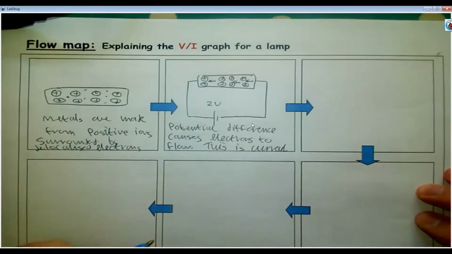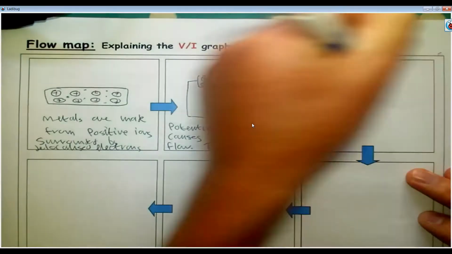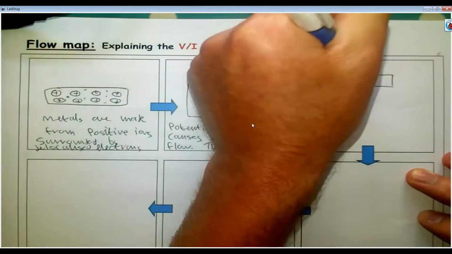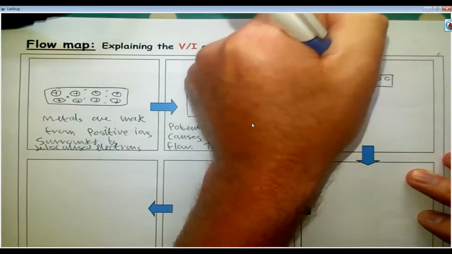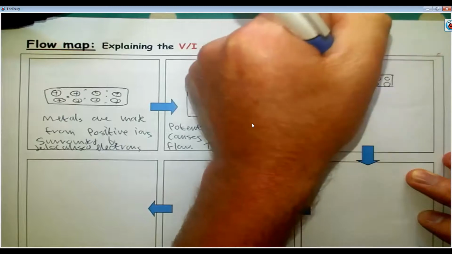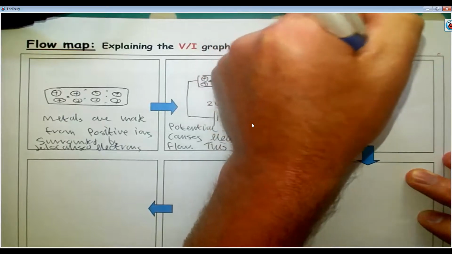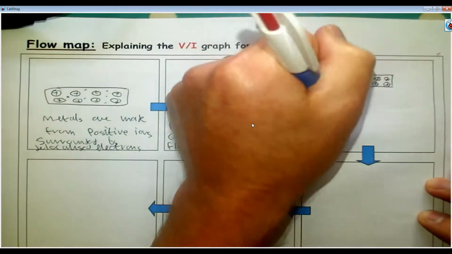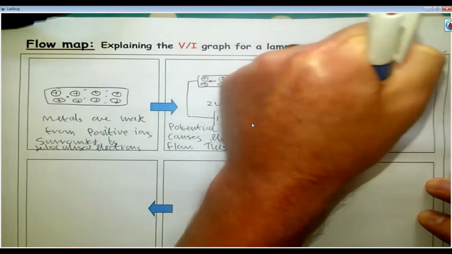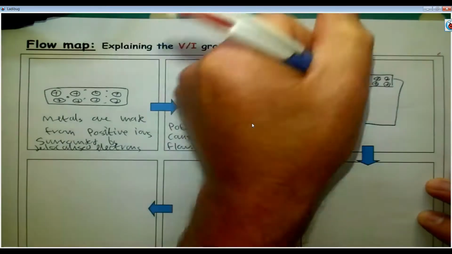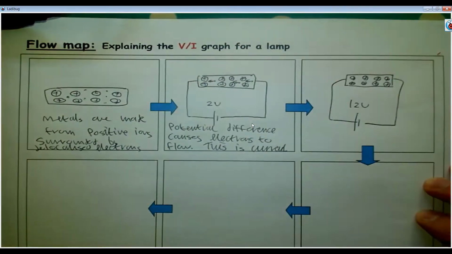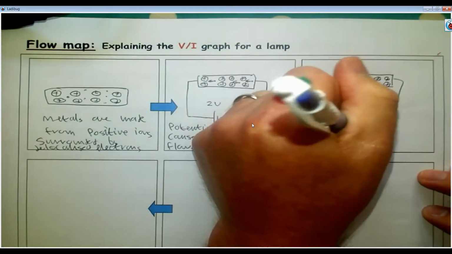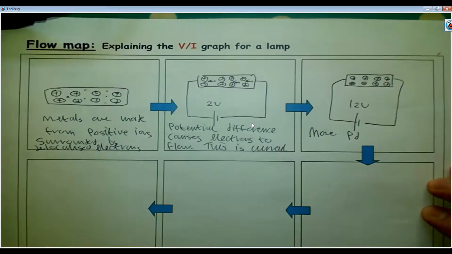Now, what happens if we increase that potential difference? Well, if we increase the potential difference, we're increasing the push on those electrons. So again, I'm drawing the wire. I'm drawing the fact that it's in a circuit. And this time we're going to say that that's 12 volts. So more PD, which stands for potential difference,